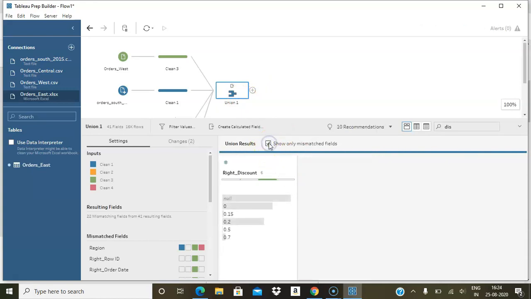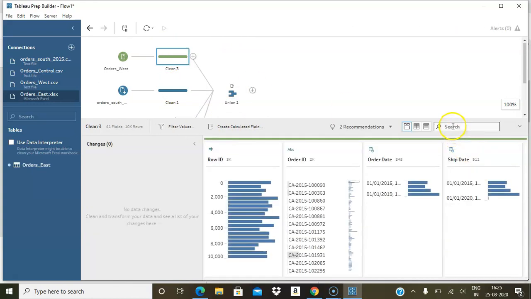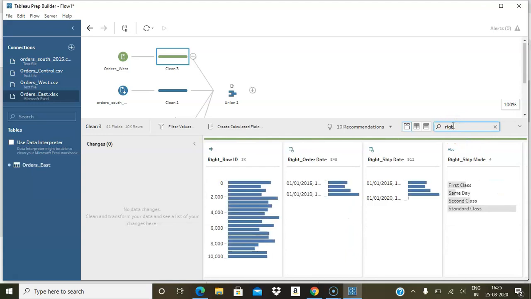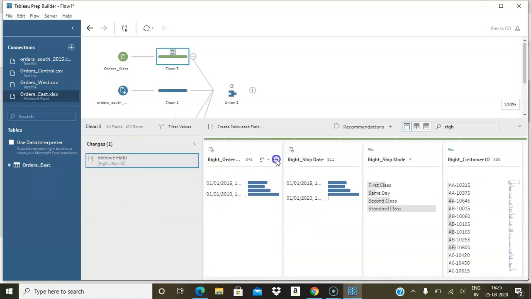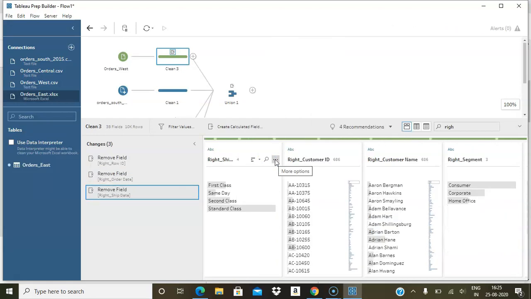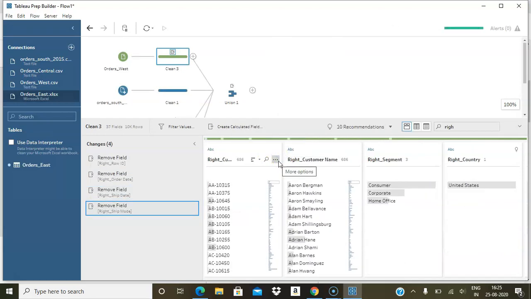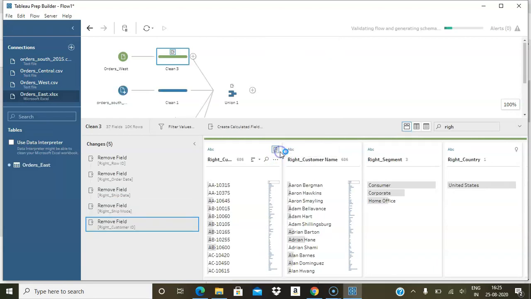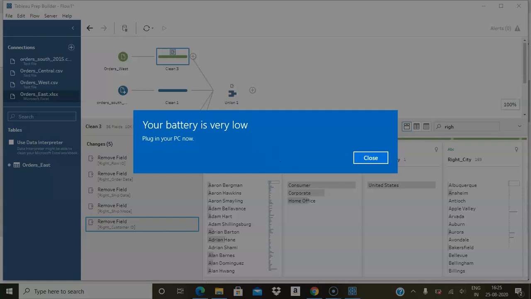You can click show only mismatched fields. Right, discount, which is in green, that is order west. In order west, we have some extra columns with right underscore, which are mismatching with the other files. So I'm going to remove all these duplicate columns which have right underscore.